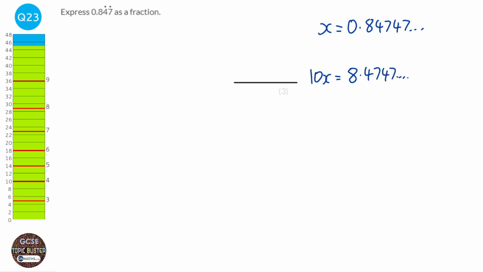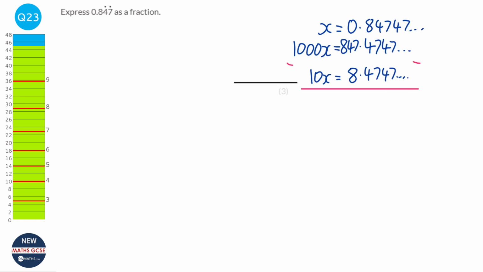And what I want to do now is bring forward one of the occurrences of the recurring pattern, so the 4 and the 7, just one of them. So we're going to times it by 1,000. We'll find out 1,000x, and so it'd be 847.4747, etc. Next, I'm going to take away everything. So 1,000x take away 10x, and that's going to be 990x,